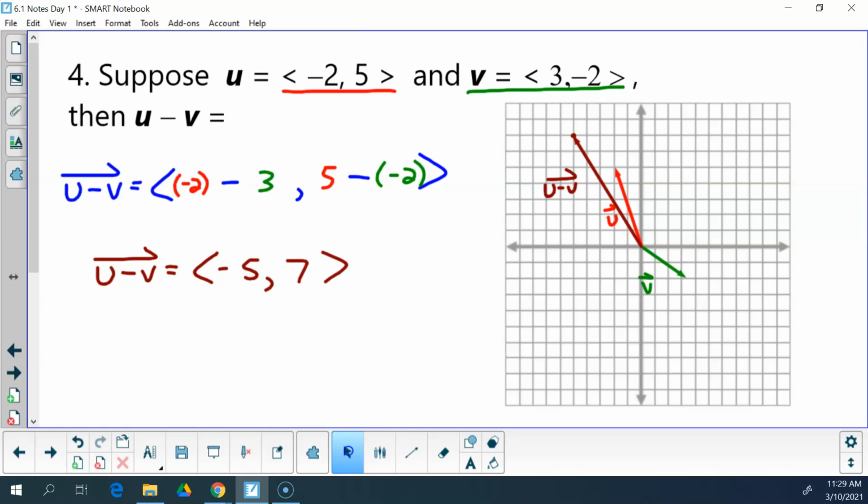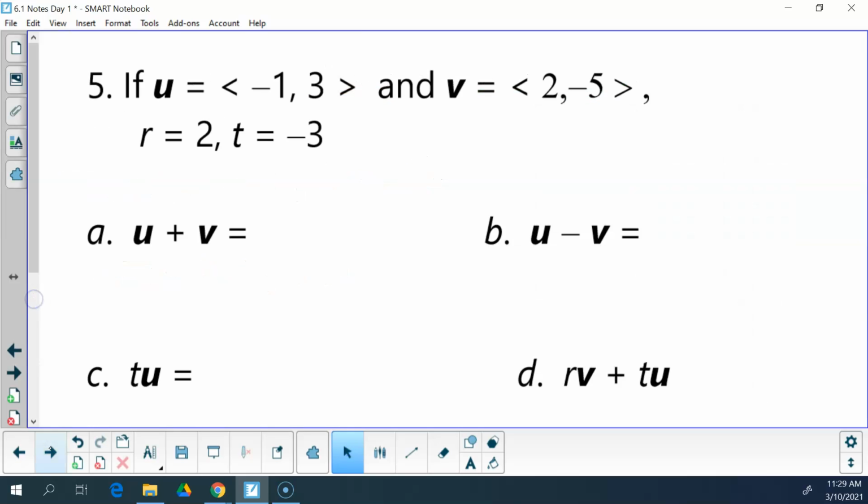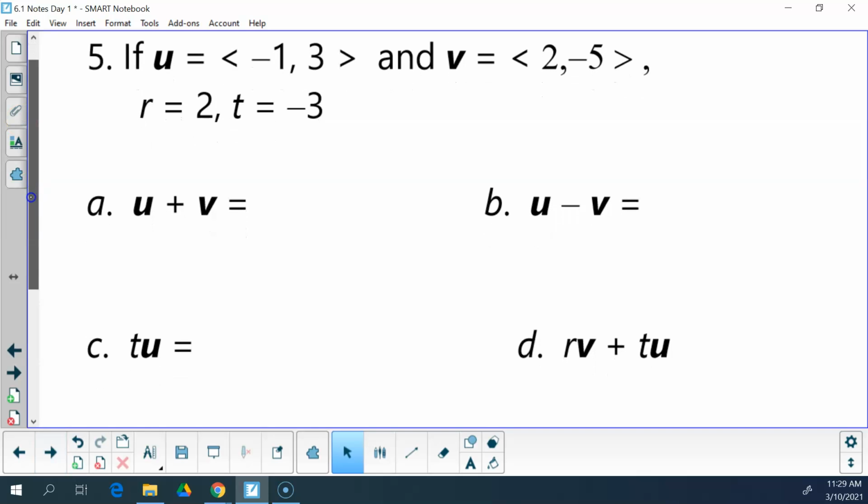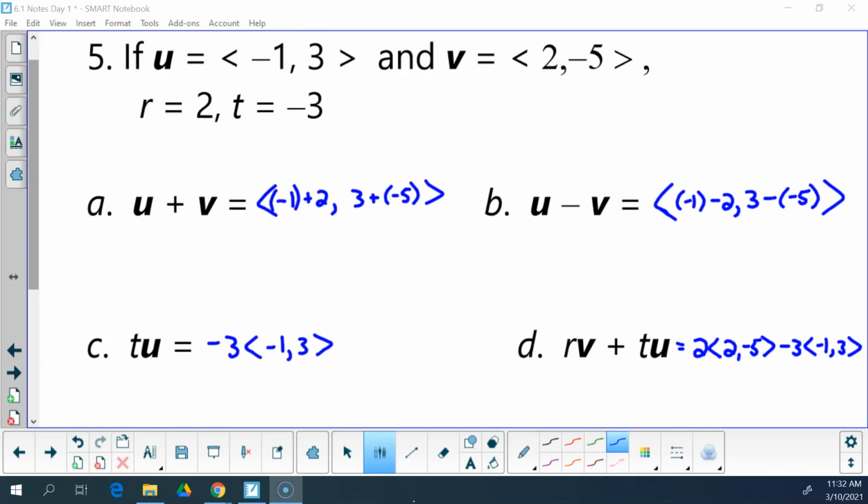So what I would like you to do now is do those 5 problems. I know there's only 4 up here right now, but there is a 5th one down below. It should be like that. Yes, it's negative. It should be negative, because it's just, instead of, it should be that. Oh, it's negative 3, because t is negative 3. Yep, that's fine. Either way.